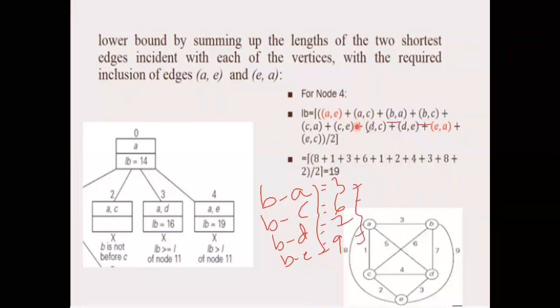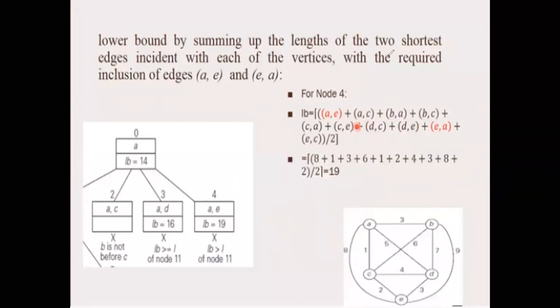Correct. Similar way for C, write down everything and write down the one which is very minimum. D also, write down the two minimum values. And in a similar way, if A to E there is a path, E to A also there should be a path. Other than this, the next minimum is E to C, which is 2. So write down this. Again, calculate the lower bound by adding everything and dividing by 2. So you'll get the value as 19. Is this clear? Okay, is this step clear? Any doubts till now?